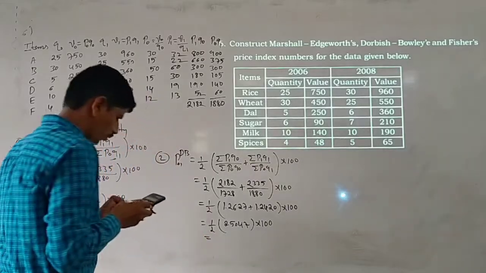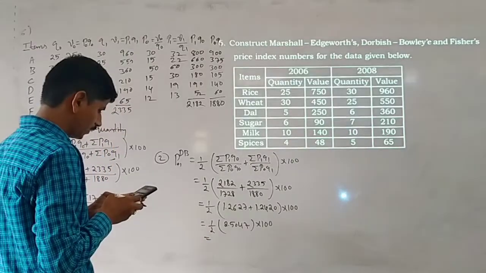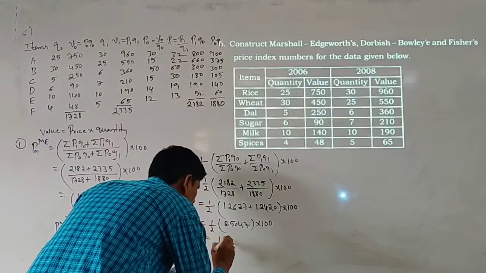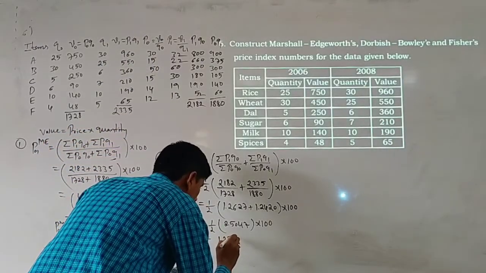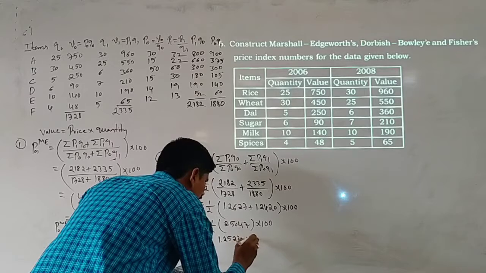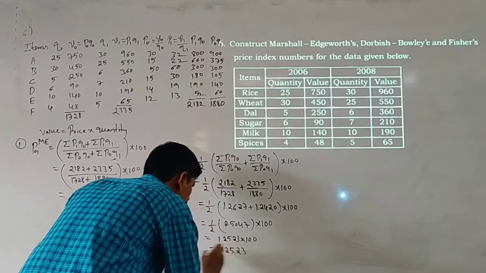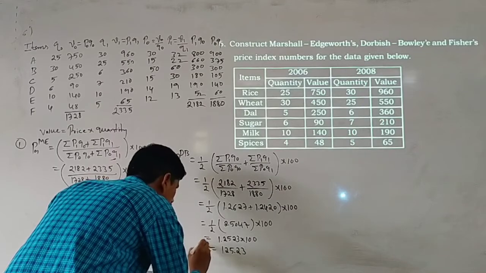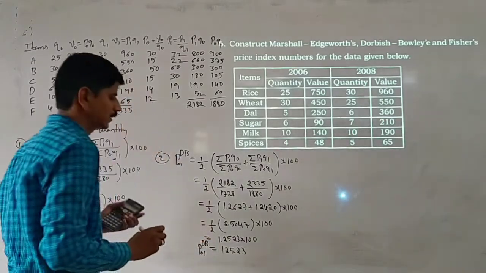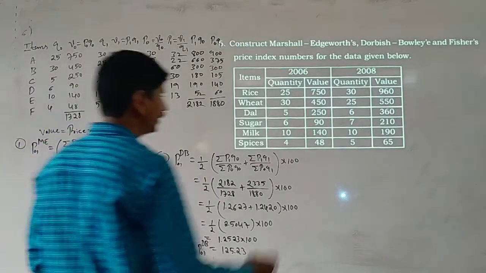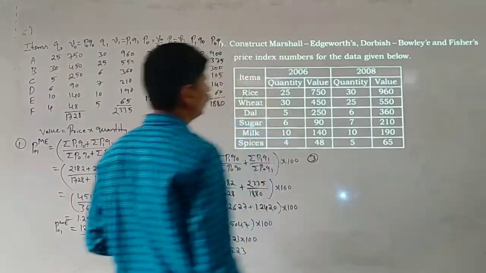Here 2.5047 divided by 2 is 1.2523, into 100, then you get 125.23. It is P01 DB. Drobisch-Bowley's index number is 125.23. Okay, next we have to find